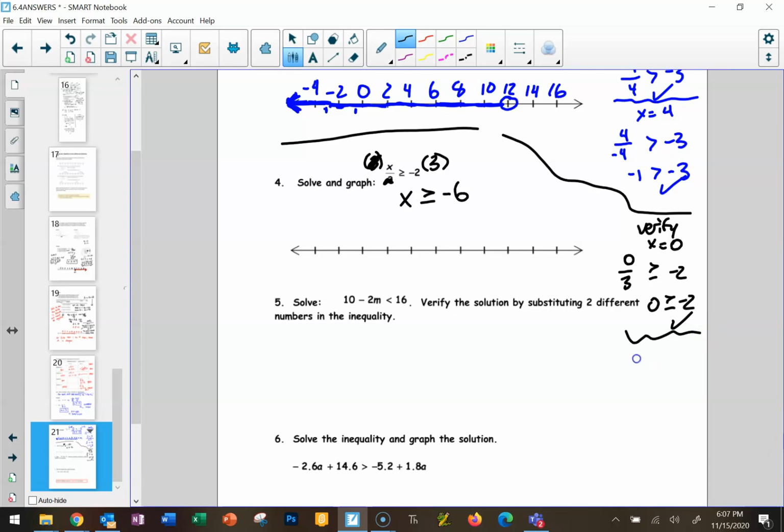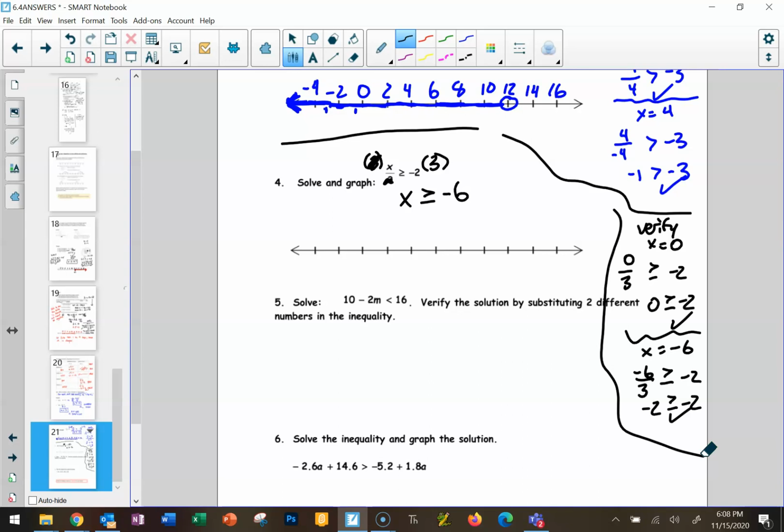Now let's verify with, it says equal to, so let's verify with, you don't have to pick it, but let's try with negative 6. So we've got x over 3, so that would be negative 6 over 3. And we're checking, is that greater than or equal to negative 2? Negative 6 divided by 3 is negative 2. That is indeed equal to negative 2, so that checks out as well. So both of our substitution verifications checked out,